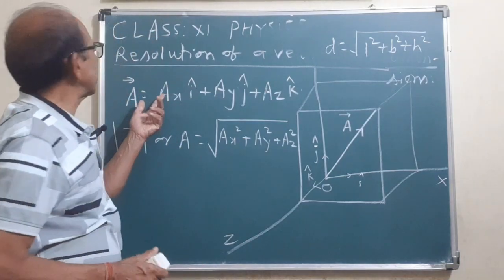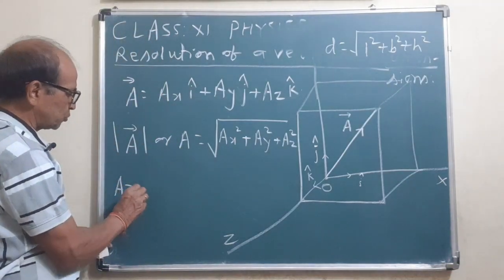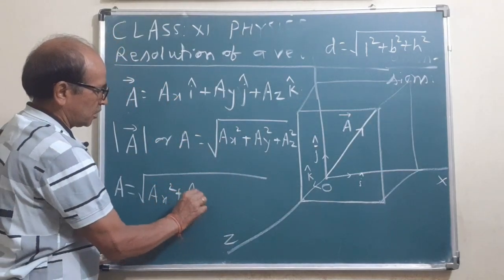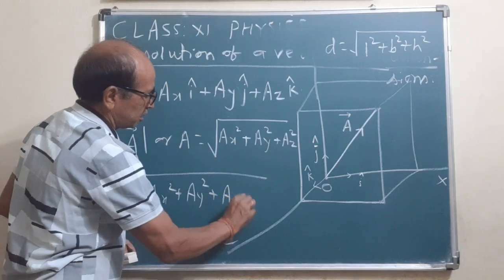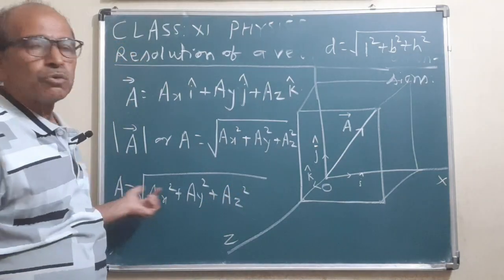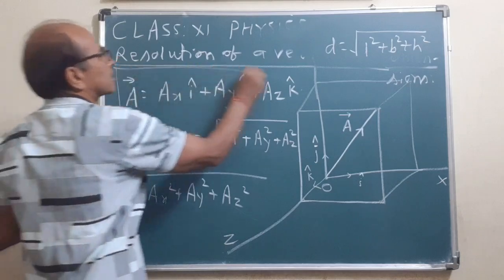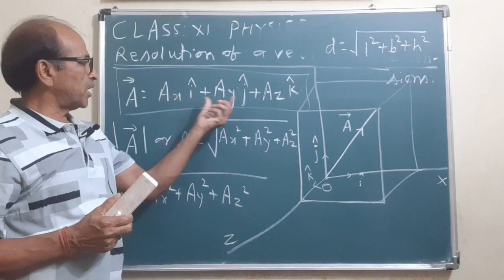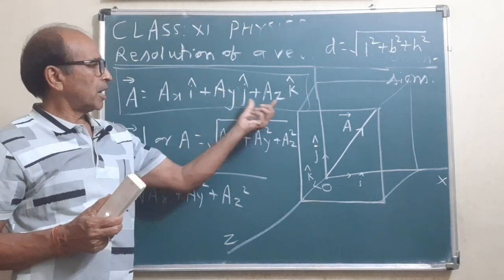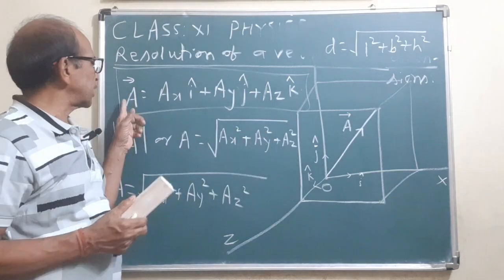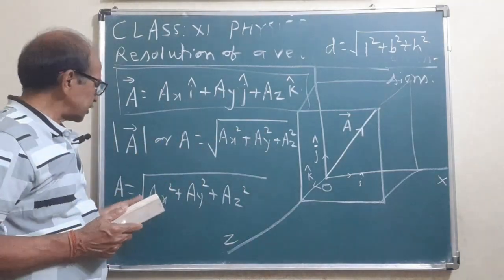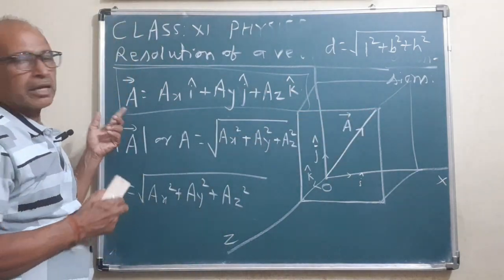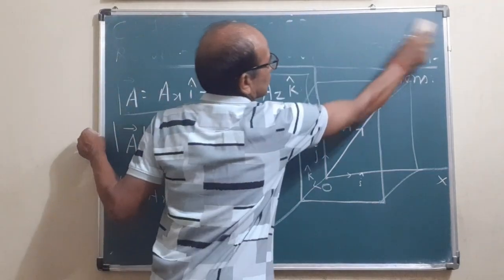So here you can consider this A, magnitude of A is equal to under root ax square plus ay square plus az square. So this vector A we can resolve in this way. You will remember this is the vector and these three parts, three components, ax i, ay j and az k, are the components of vector A along the x-axis, y-axis, z-axis, and this will give the magnitude, meaning length. Diagonal you can consider. Similarly this is vector A. In the same way you can take other vectors.